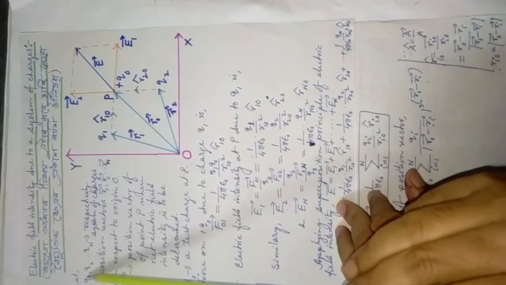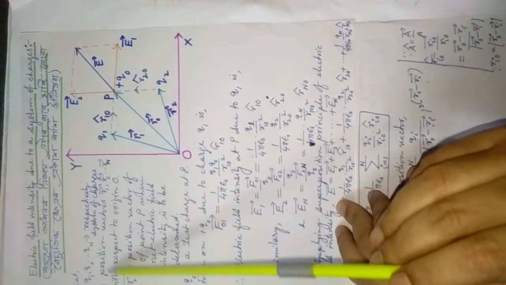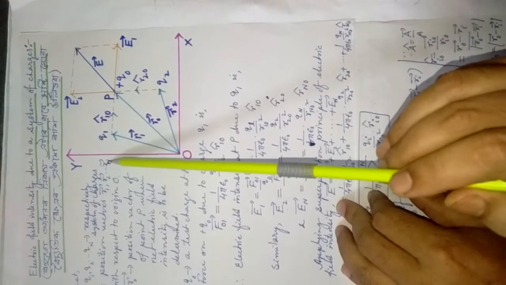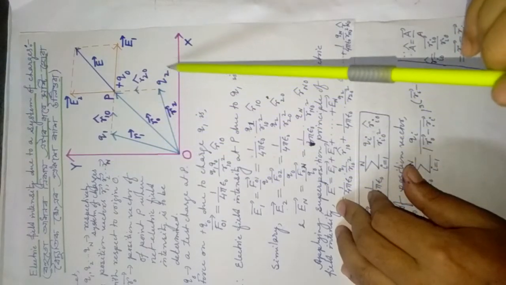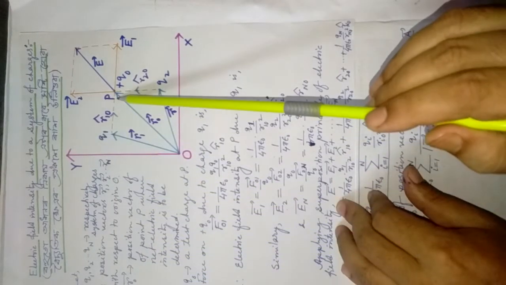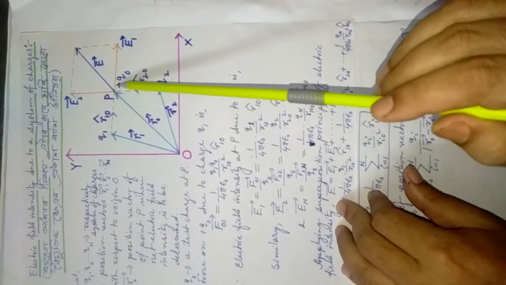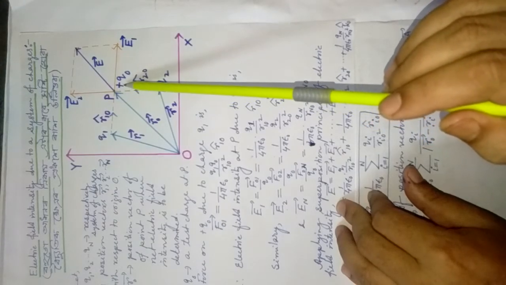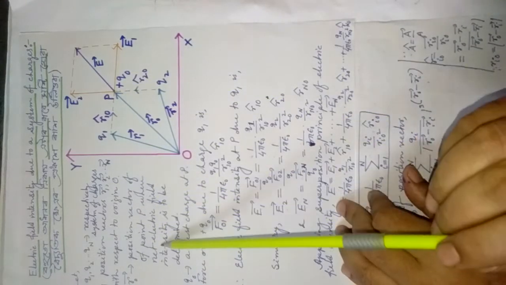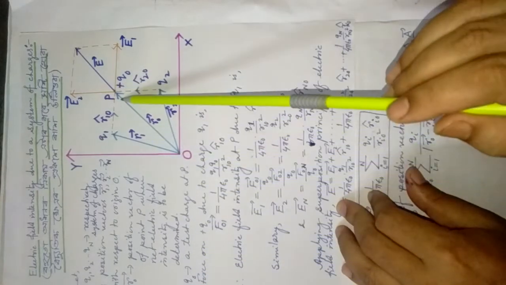Here I have written the note: let Q1, Q2, up to Qn be a system of charges having position vectors R1, R2, dot dot dot Rn. I haven't written it here for the nth charge. R0 is what? Position vector of point P. That means this is the point where we want to find the net electric field. Here we have substituted a test charge where the net electric field intensity is to be determined. Q0 means a test charge at point P.